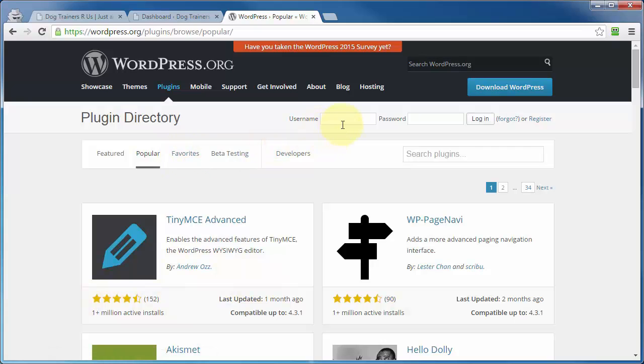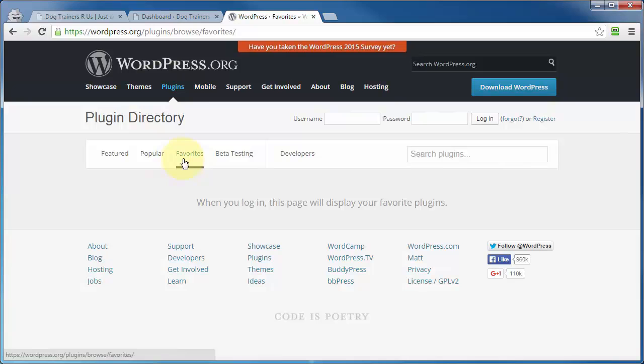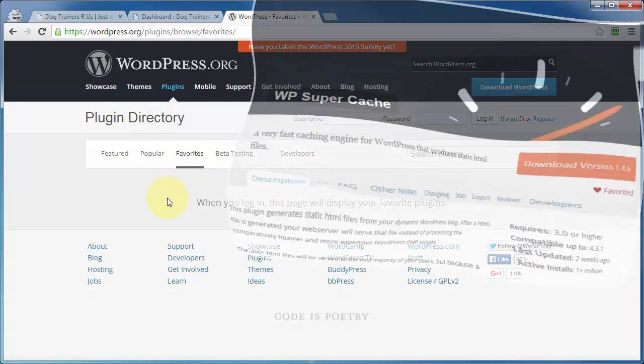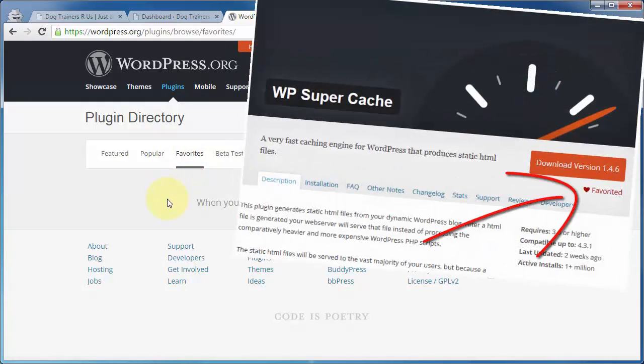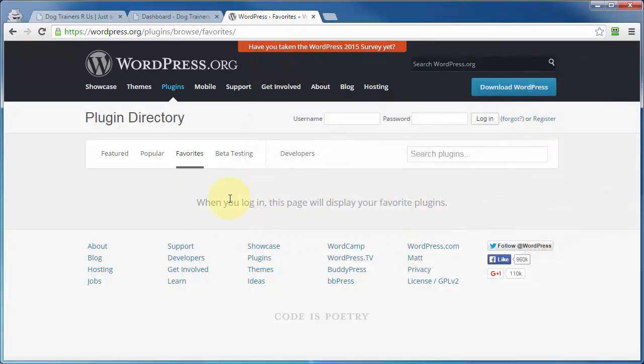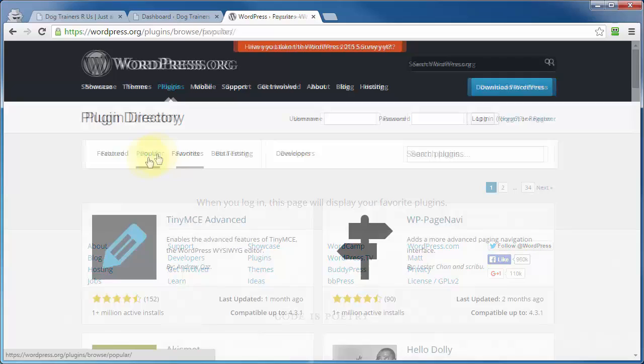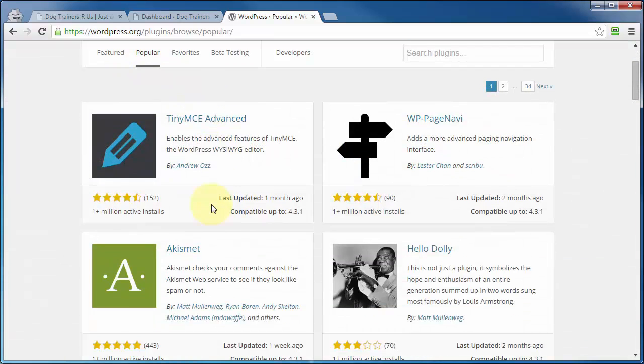Or if you've got a free account here at wordpress.org, then maybe you've gone through and clicked on the favorites link on various plugins that you've got experience with. Well, they're going to show up right here once you log in. That can come in pretty handy later on whenever you're wanting to install all these plugins on a brand new WordPress installation. But let's go back to popular for a second, and let's just